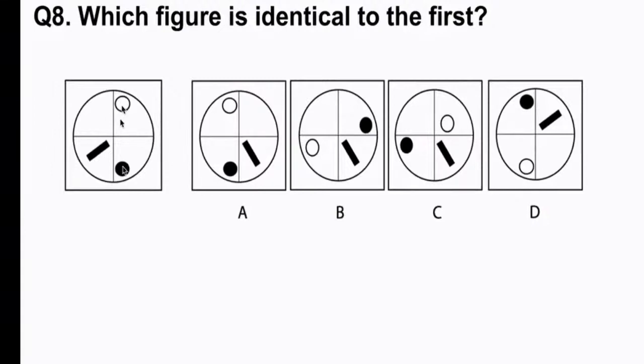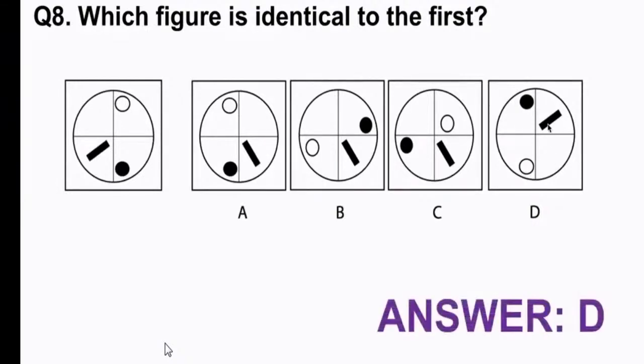So I can automatically take out two options, B and C, because if I turn this round anti-clockwise, you can see this is a white dot, and to the right of it there is the line. So it can't be B, and the same can be said for C. Directly below, where the black dot should be, it's not there, so it's not C either. Now, if it was A, if we spin this round in our head anti-clockwise, it's not A either.